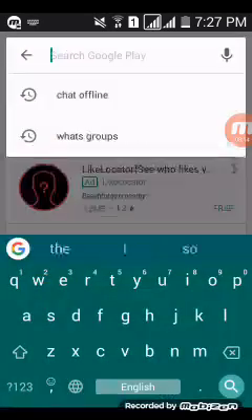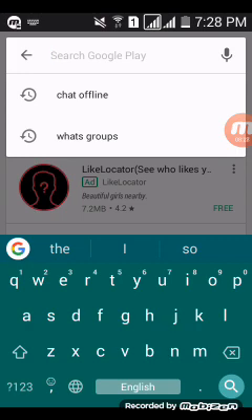Next app is WhatsApp groups. So how can you add the groups? Some people are crazy about adding many groups and chatting with many people in the groups, or you want to see some of the messages, or you want to chat with people, you want to spend some time in WhatsApp. That time you can add some of the groups.